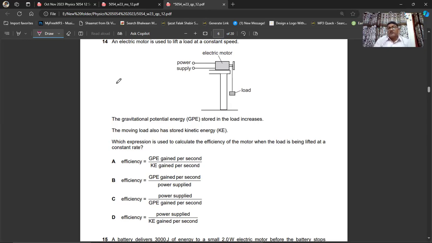The gravitational potential energy stored in the load increases. The moving load also has stored kinetic energy. Which expression is used to calculate the efficiency of the motor when the load is being lifted at a constant rate? You see, the efficiency will be